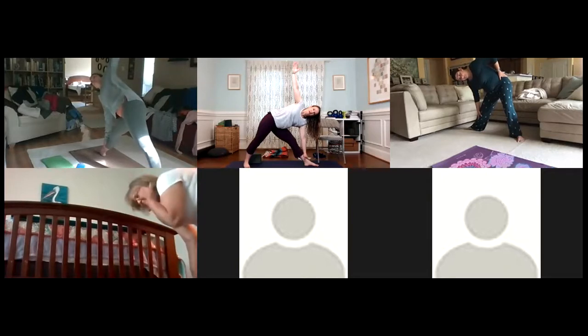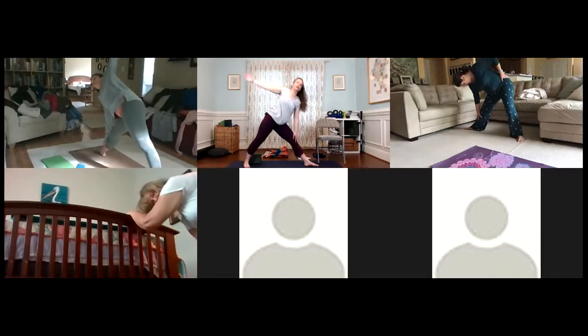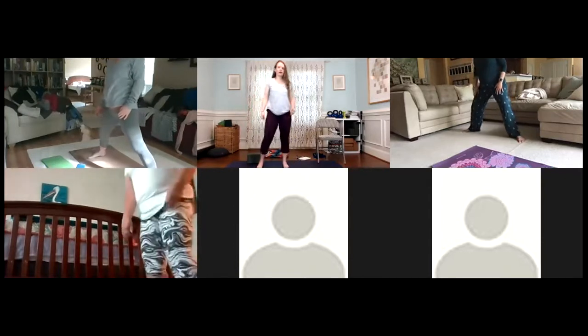Push into your right heel. Lengthen out through the crown of your head. And then feel like you're dragging that left heel back. And then go ahead and come on up. Toe heel your feet together. And we'll do